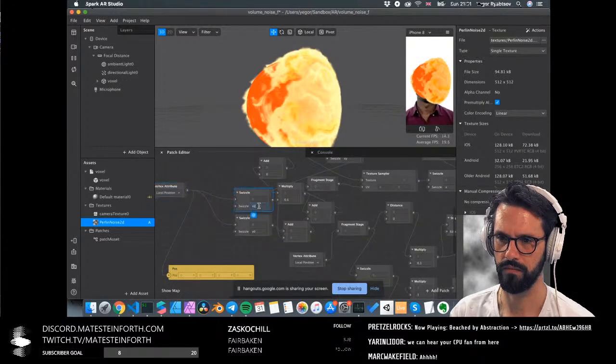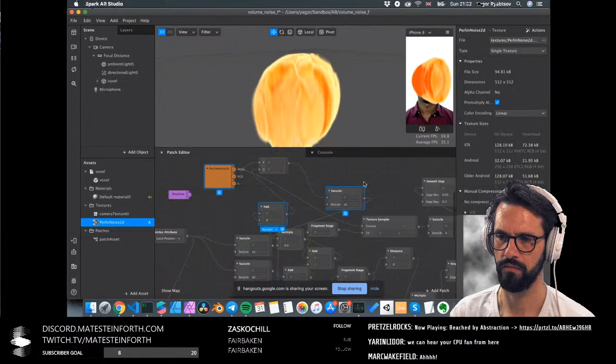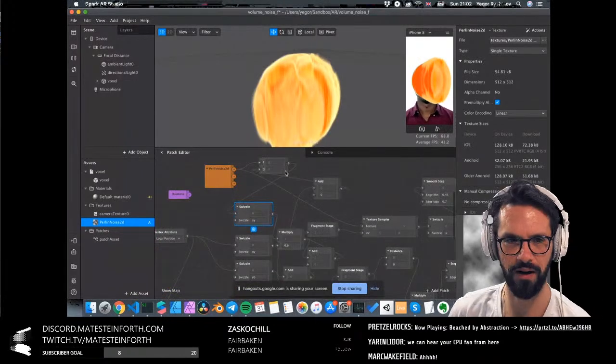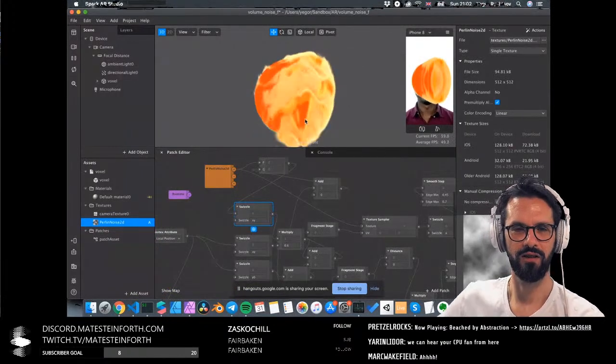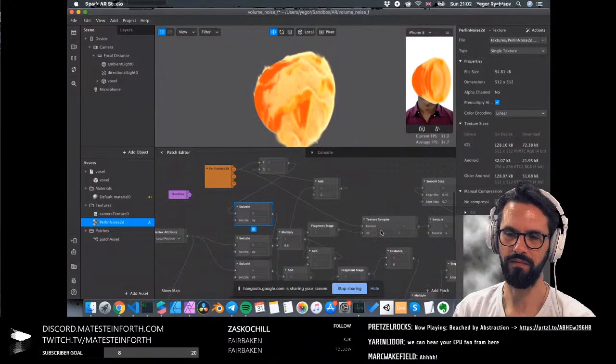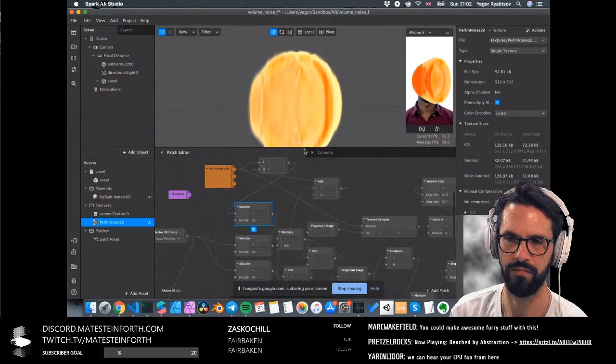If I change this X, Y, yeah, so here I basically have these swizzles going on. Okay, so it's like triplanar mapping basically. Yeah. So if it's all XY, it will texture sample just like this, and here it just stretches out. So I do XZ,